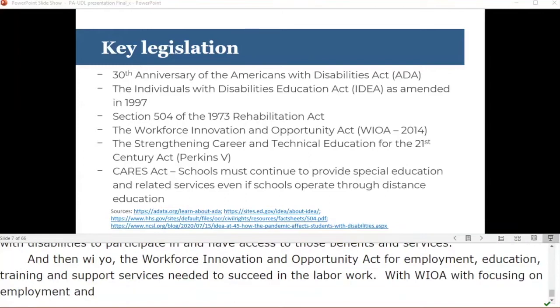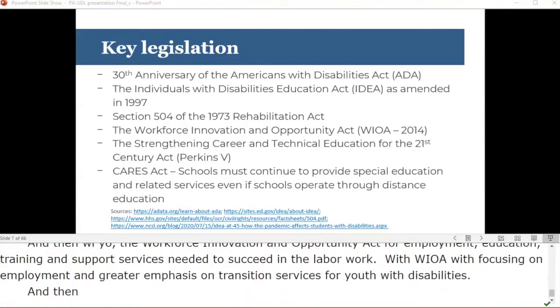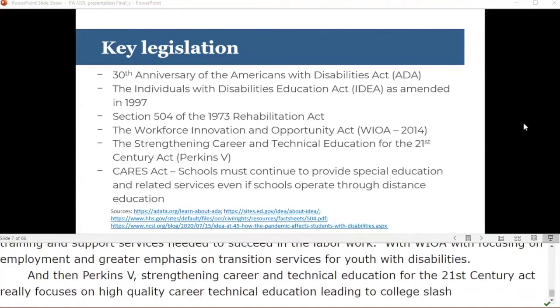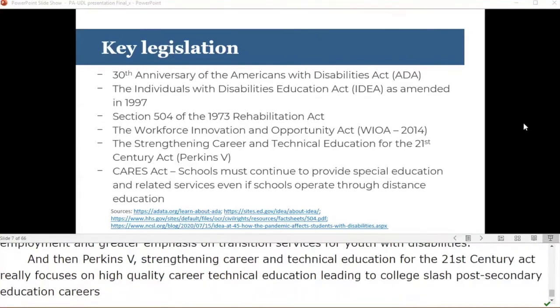youth with disabilities. And then Perkins 5, the Strengthening Career and Technical Education for the 21st Century Act, really focuses us on high quality career technical education leading to college/post-secondary education and careers. And what's exciting about Perkins 5 is the equity provisions that exist within this legislation that